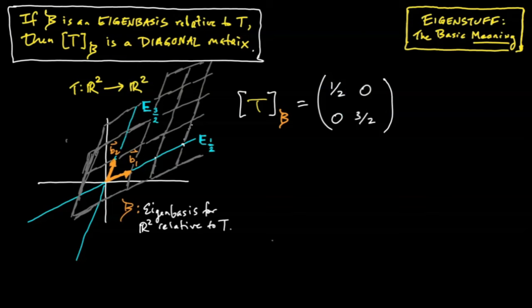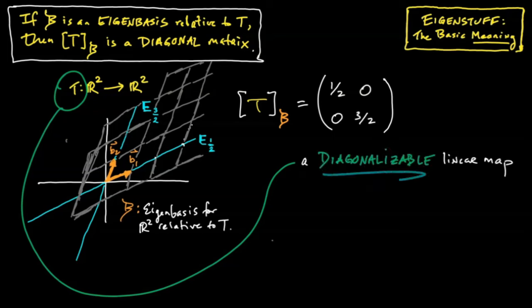If we wrote it in, say, standard coordinates, it might not be terribly illuminating. But when we have the matrix in coordinates given by an eigenbasis, we understand exactly what it does. Scales components in this direction by 1/2, scales components in this direction by 3/2. And that's it. But while we are here, I will mention one more bit of terminology. This particular linear map we've been looking at is said to be a diagonalizable linear map. It's an ugly term, but it means exactly what you'd think it means.